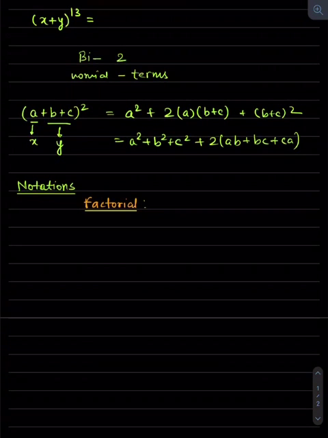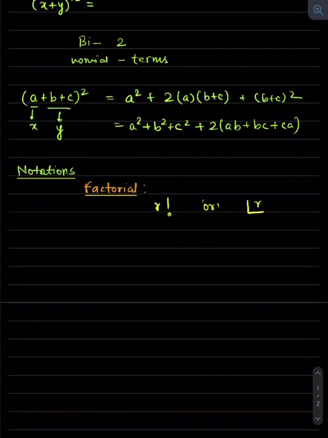So factorial is, if I write r factorial or n factorial, then the symbol of it is, if I write r factorial, then I will write r and this exclamation sign for r factorial, or you can write it this way also. This also represents r factorial. So I will use this more often than this. But in some books, this is also there. So you can get the idea.